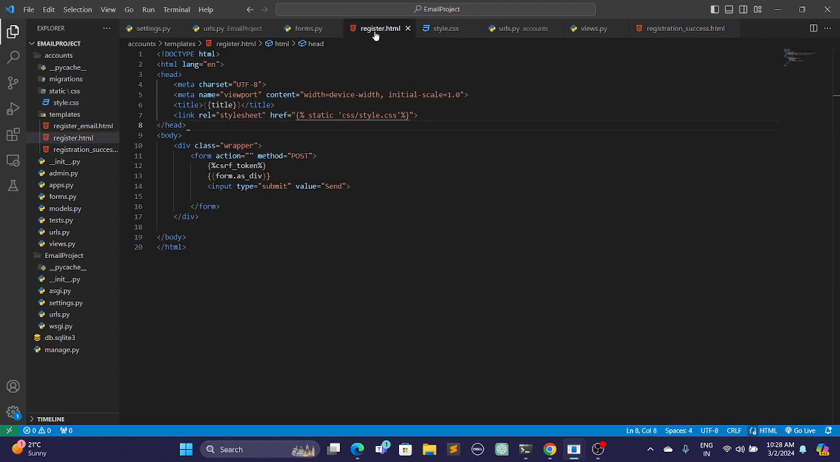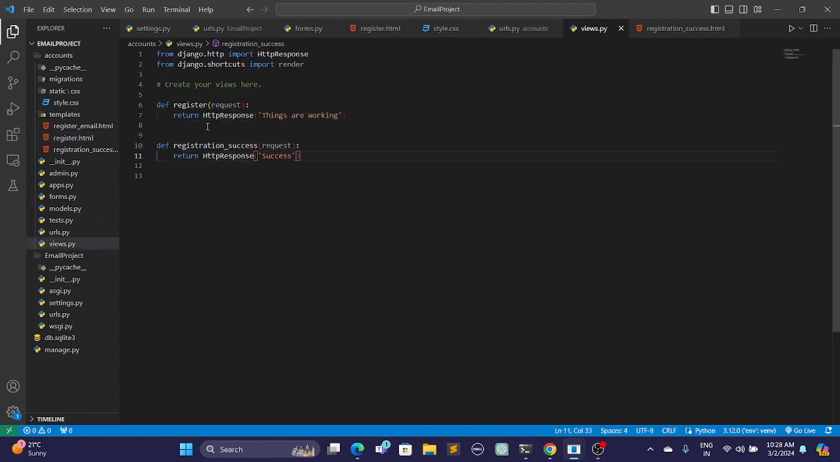Okay, now let's go to this views.py file. Instead of returning this HTTP response, we now need to render this register.html file. Do you agree with me? Okay, so